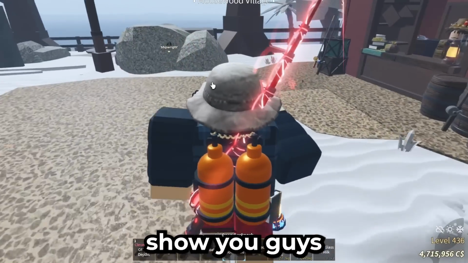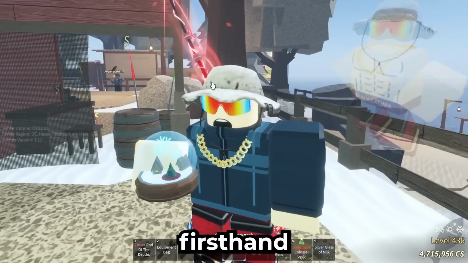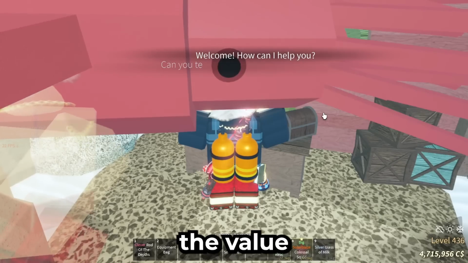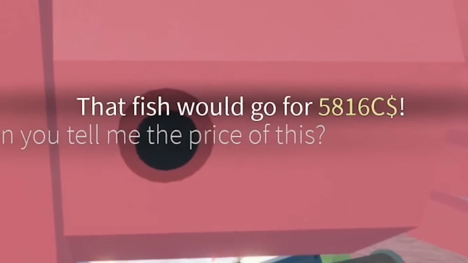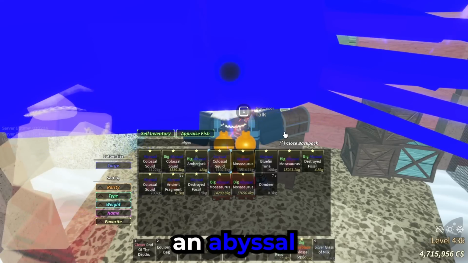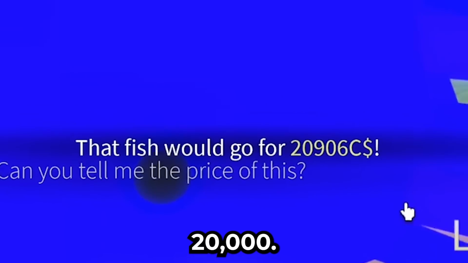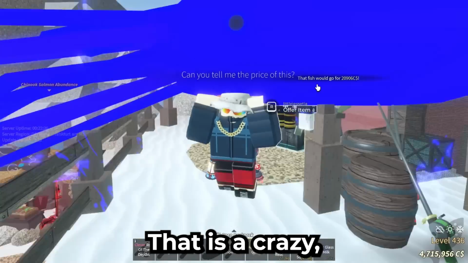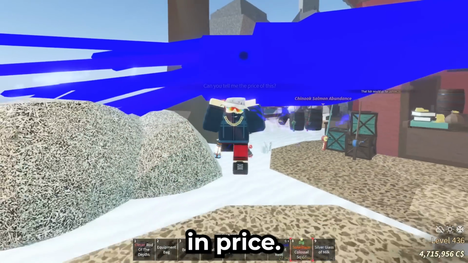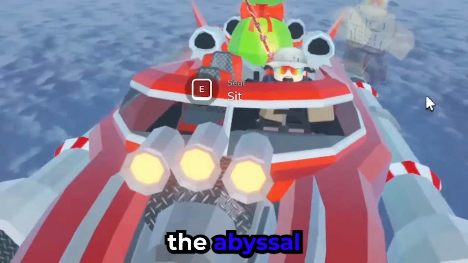And just to show you guys how big of a deal it is for you to have this enchant, I'm going to show you guys firsthand the difference in money. If we check the value of this fish, it's actually only 5,800 credits. Now, how about an Abyssal colossal squid of almost the exact same weight? 20,000. You guys, that is a crazy difference in price. So yeah, you guys, if you really want to make money in this game, make sure to get the Abyssal